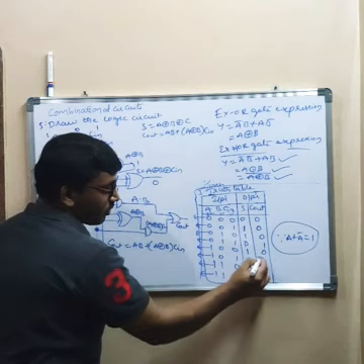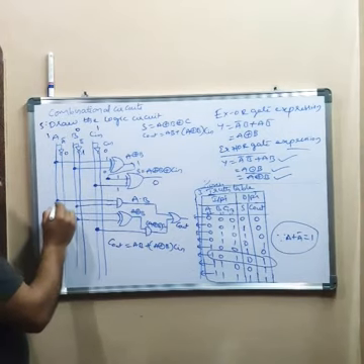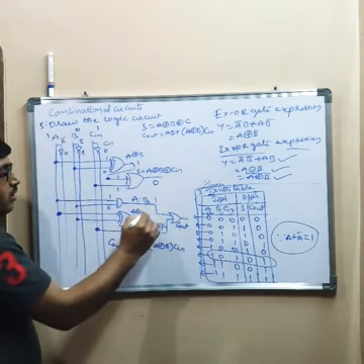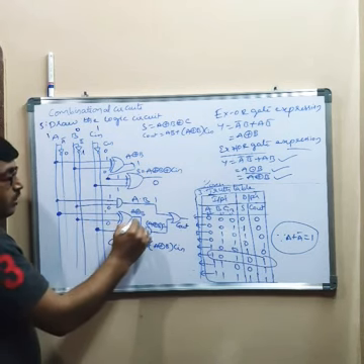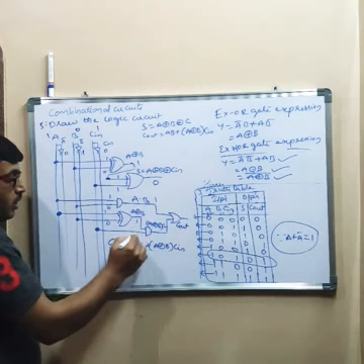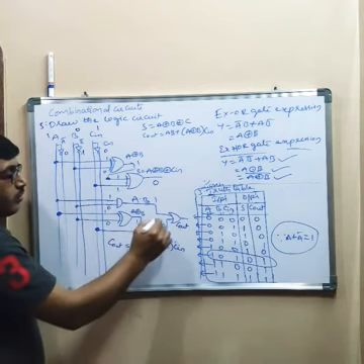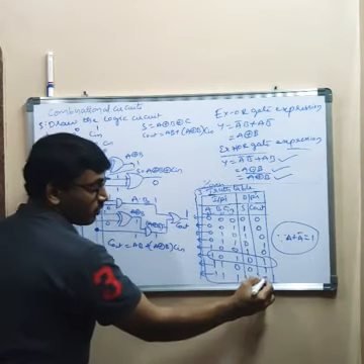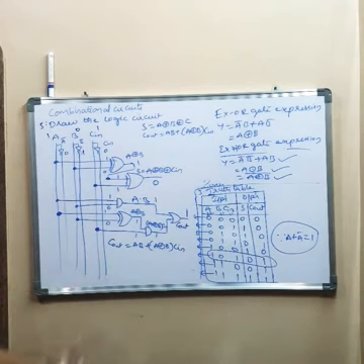So for this combination, you got sum S as 0, and again carry. So this is 1. 1 dot 0 will be 0. Next, this is 1. This is 0. 1 XOR 0 will be 1. 1 dot 1 will be 1. 1 plus 1 will be 1. The carry is 1. You can substitute the values in the expression, or else you can substitute the values in the circuit. Right? This is the verification.